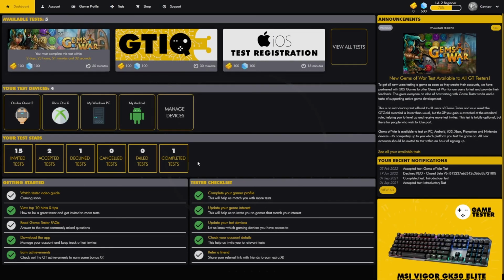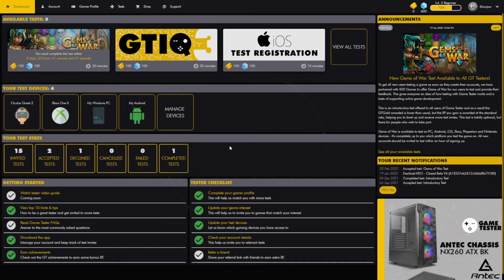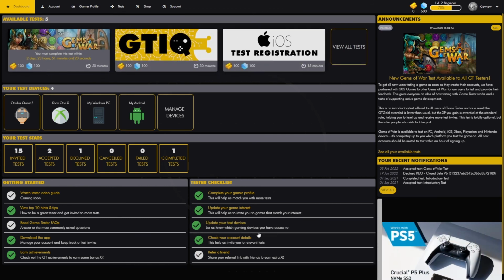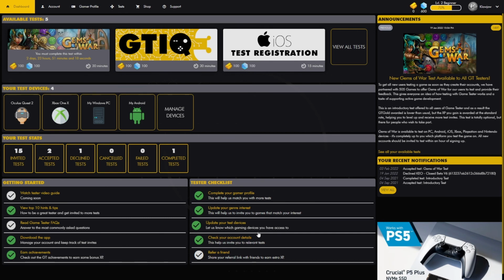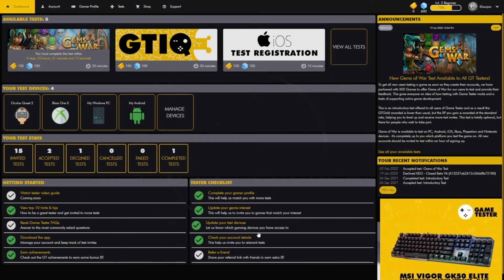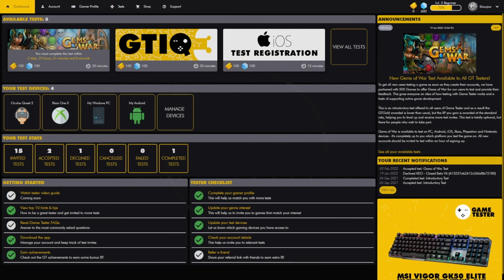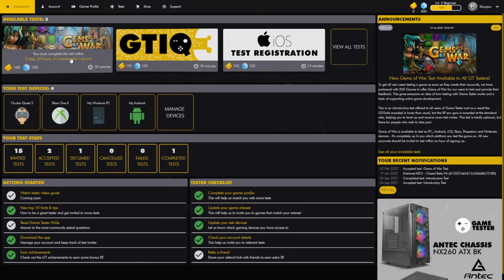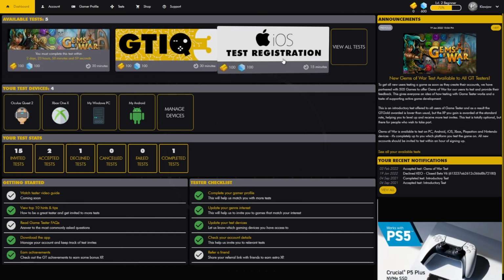One thing I would mention for all new testers with us is that it can be slow early on. Your XP will be low. You won't have done many tests, so we won't have learned much about you as a tester or your interests. So it's really important to bear in mind that things will be slow early on. You might not receive many tests in a given month, but as you use us and as you provide really strong feedback, things will improve and tests will come through at a faster rate. So just hold on, flesh out your profile as much as you can, accept as many invites as you can,